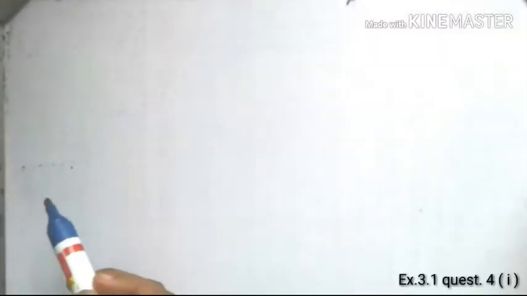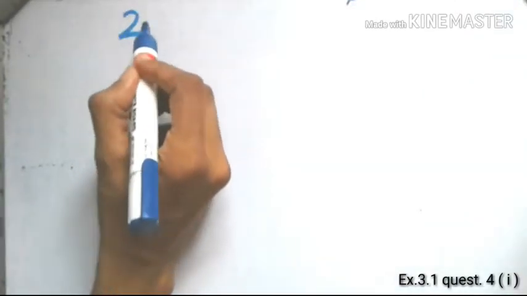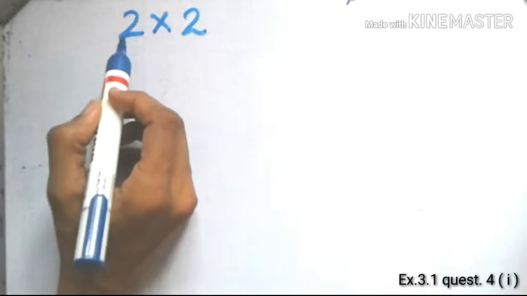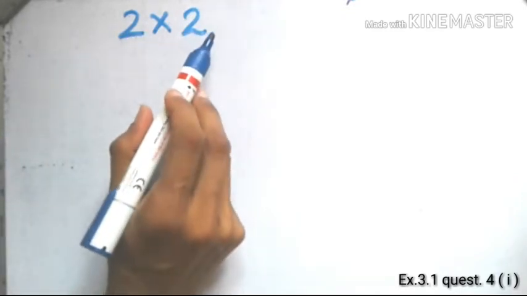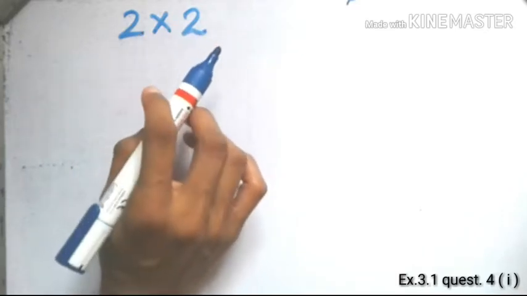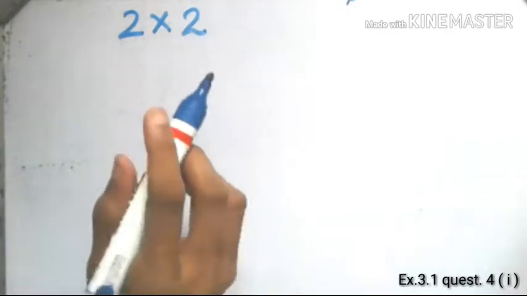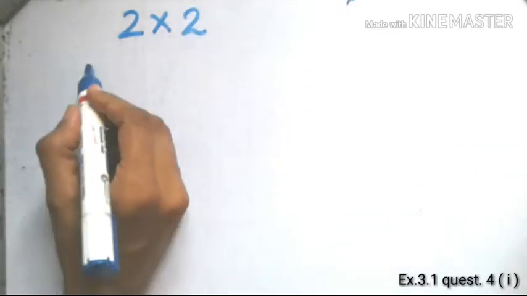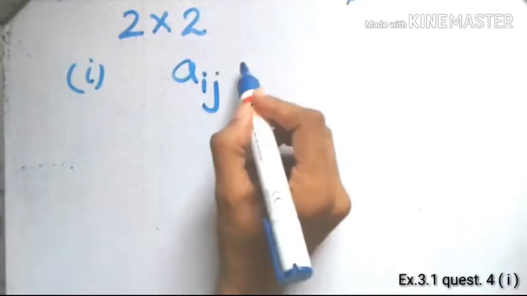Now, question number 4 says that you have to construct a 2 by 2 matrix. So that means the number of rows is going to be 2 and the number of columns is going to be 2. They have given you the type of elements. The elements are given by a particular formula. So let's take the first part. It says that Aij,